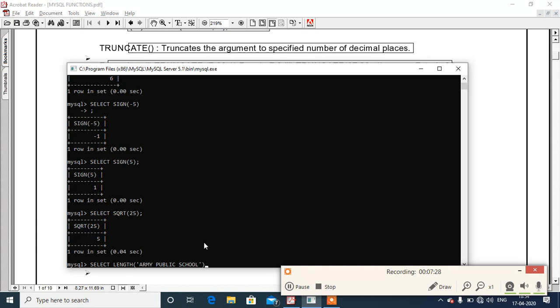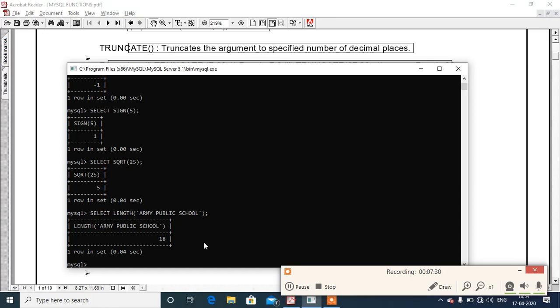Now bracket close and semicolon, you'll get 18 as a result. You can count it from here, ARMY 1 2 3 4, space is also counted, 5 6 7 8 9 10 11 12 13 14 15 16 17 and 18. So in this way you can see space is also counted when we use the length function.